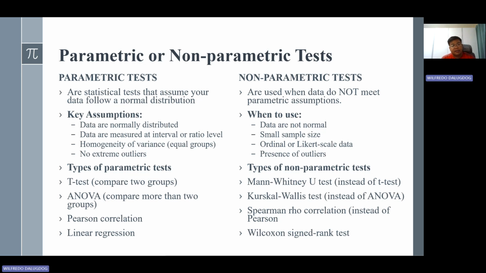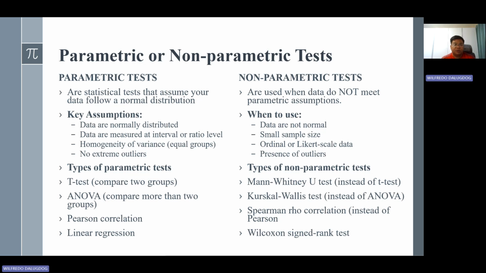Today, I'll be sharing with you how to test the normality of your data, or how to identify if your data are normally distributed or not normally distributed. Basically,